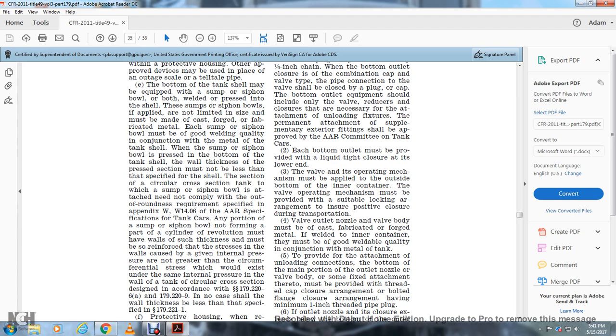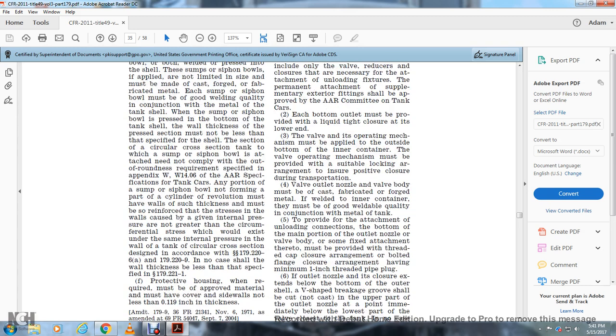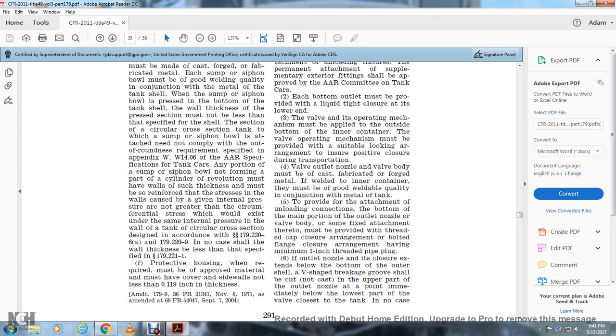the circumferential stress which may exist under the same internal pressure in the wall of a tank of circular cross section designed in accordance with 179.226A and 179.229. In no case shall the wall thickness be less than the thickness specified in 179.221-1. Protective housing, when required, must be of approved material, with a cover of wire or high walls not less than